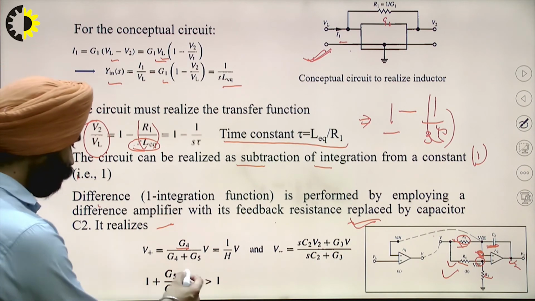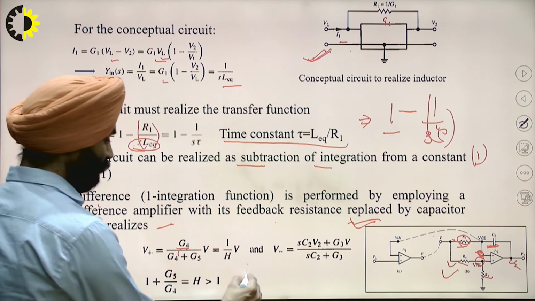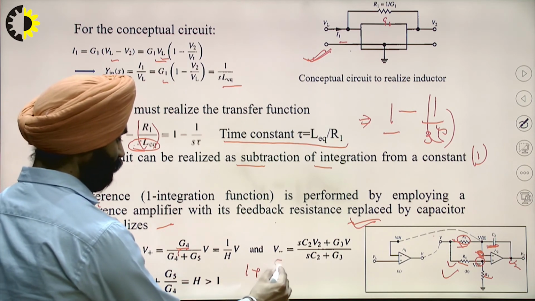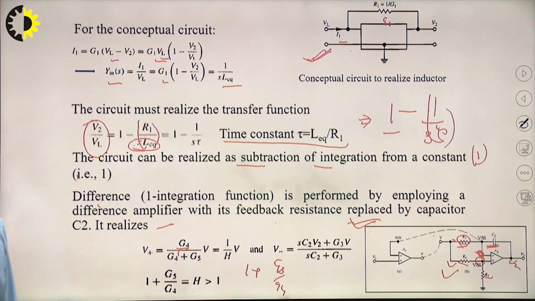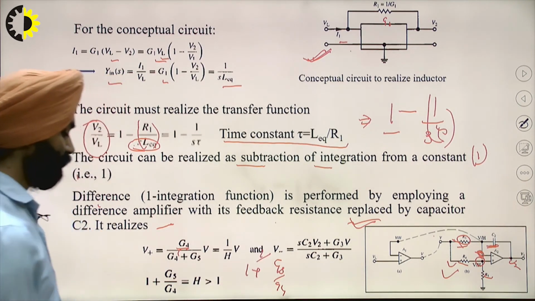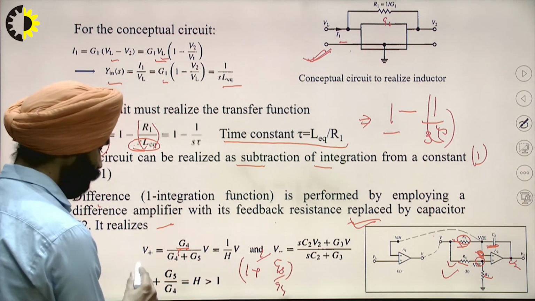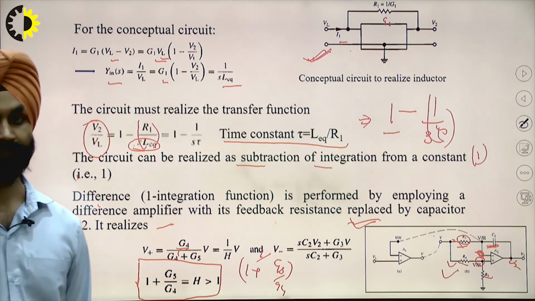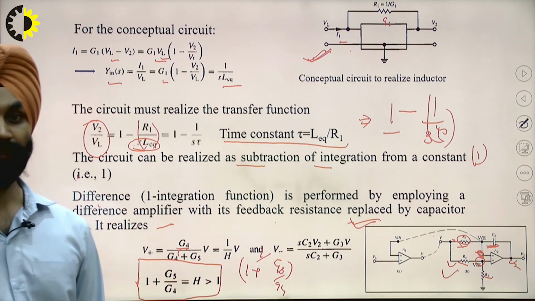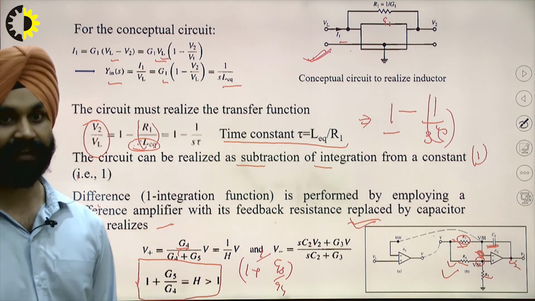From here we can also say that 1 plus G5 by G4, or 1 upon 1 by G4, we can take it as H. Using the study of the op-amp, we can signify what is the value of H, which is the gain of